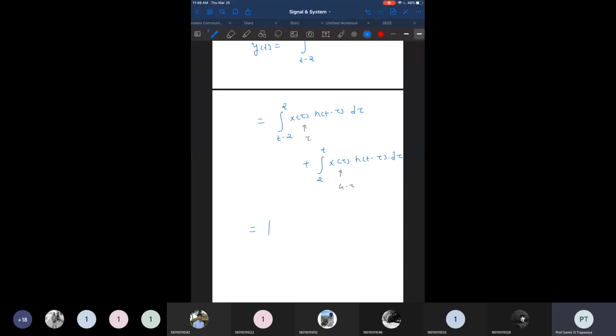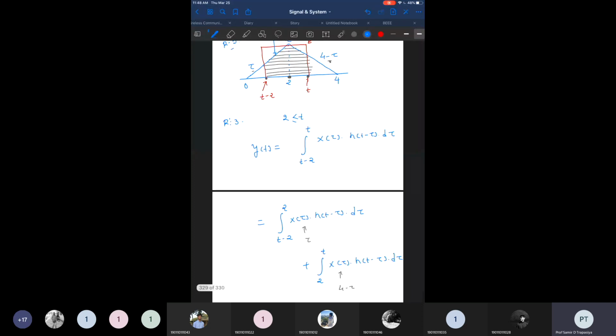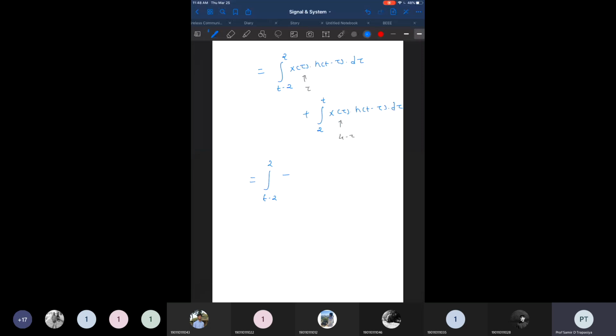Now if you apply this limit, this 2 will be cancelled, so we are left with tau square. The limits are t minus 2 to 2, and here we are left with 4 tau minus tau square by 2, with limits 2 to t. Now if we apply the limits, 2 is applied first, so 2 square minus (t minus 2) whole square. This is the first integration value, and the second integration value is 4t minus t square by 2,